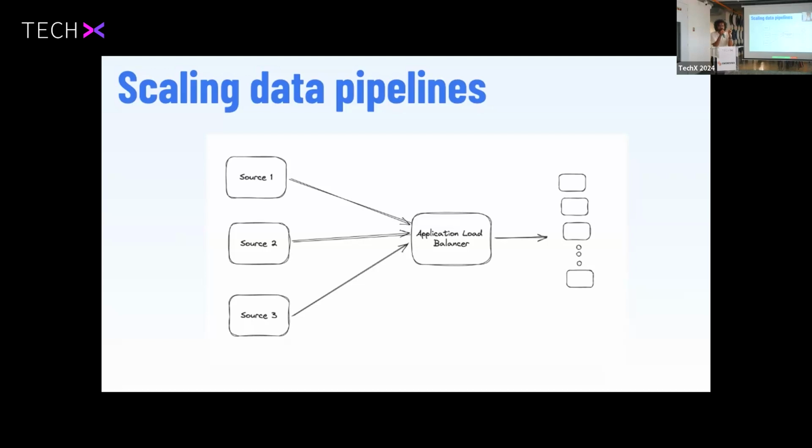So initially when we started, we went the monolith route. We were like, we don't really care, right? We don't know whether our business will work. We don't know whether we will get traffic, whether people will be interested, whether people will pay for this or not, and instead should we just go and spend thousands of dollars on EC2 instances and microservices and scale and put a target group, this, that and everything. So what we initially did is we have data source 1, data source 2, data source 3. It goes to an application load balancer which sends it to an EC2 instance.